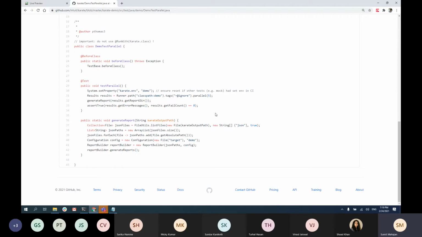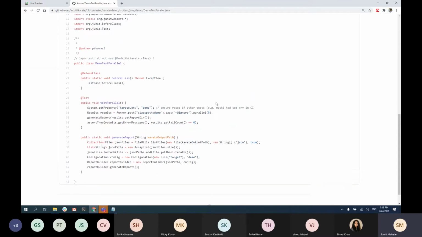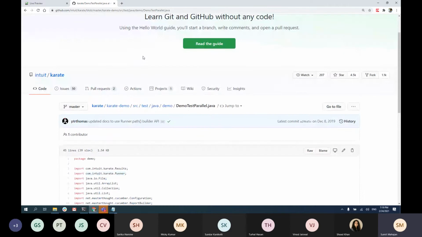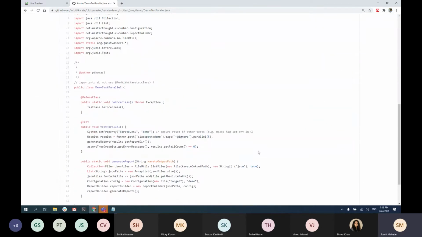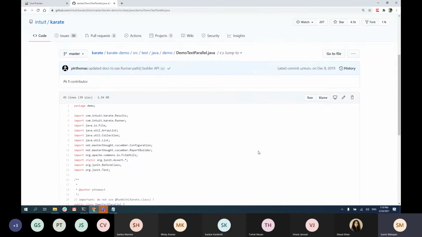Because they're running in parallel, you need to make sure that all your tests are independent of each other. And that's the base of any framework that we execute, that we need to have independent tests. If you are having a dependent test, you write it in the same feature file itself, right? So when they execute in sequence, that's part of either the scenario or the feature, right?